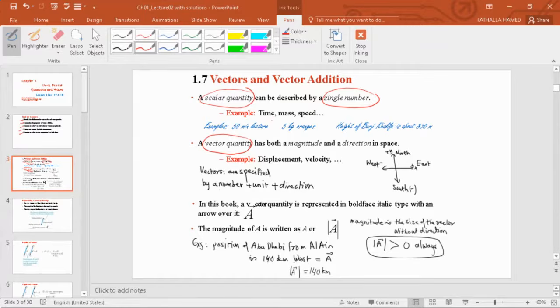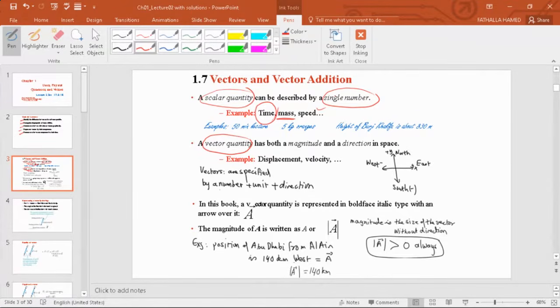For example, we deal with time, and with time, you just say what time it is. Or you're going to deal with mass, usually in kilograms. You're not going to say in what direction. Or speed, and later on in chapter number 2, we talk about velocity and speed, and we will say the